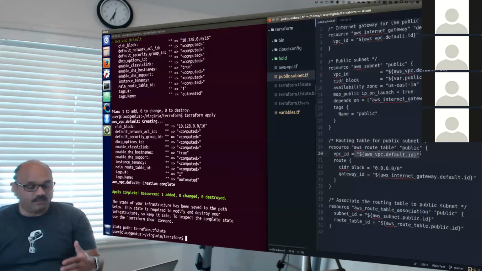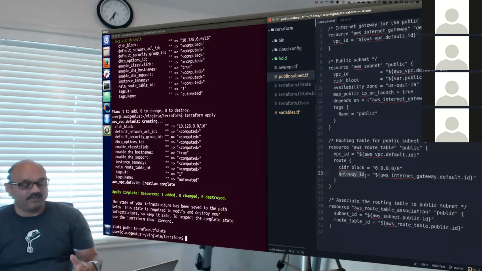In our routing table, you assign a route that goes anywhere on the internet, 0.0.0.0/0, and use the gateway ID that we created up in line number 3. That is this line number 23. Actually, line number 2 is getting us this gateway, and we are using that gateway in line number 23.